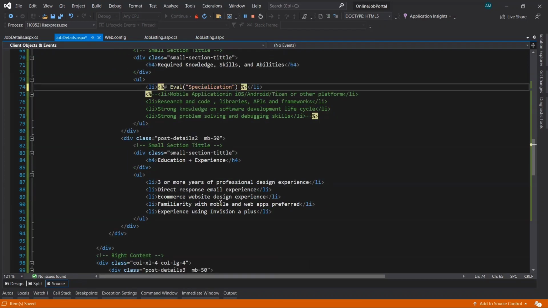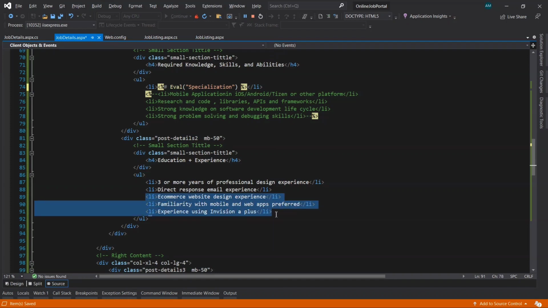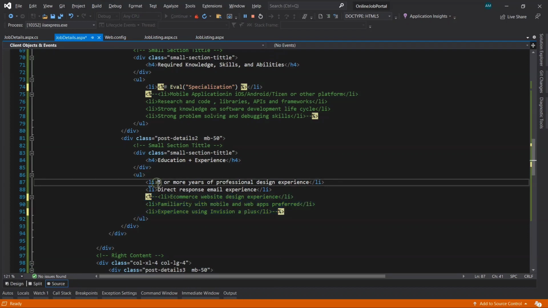Then after that, in education and experience, just select the last three lines of code and comment them out. Now in the first one, select it, paste.